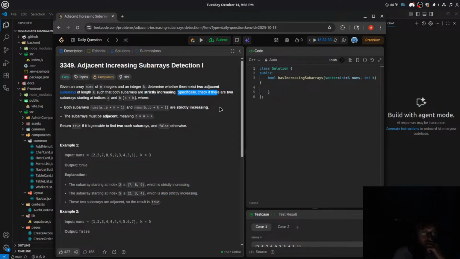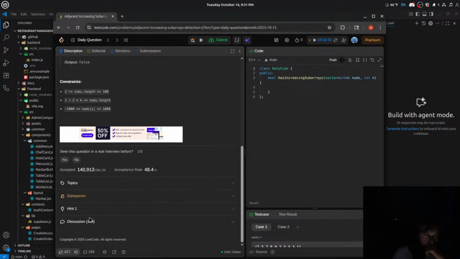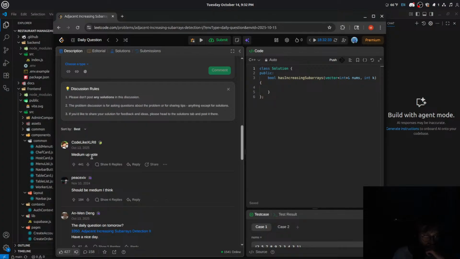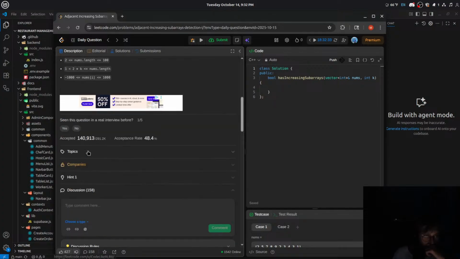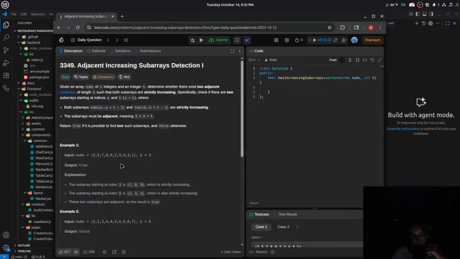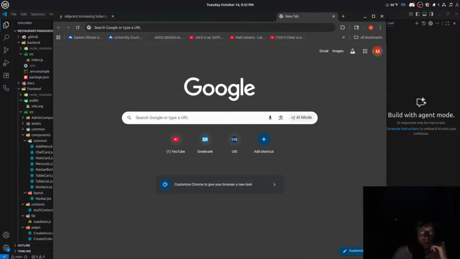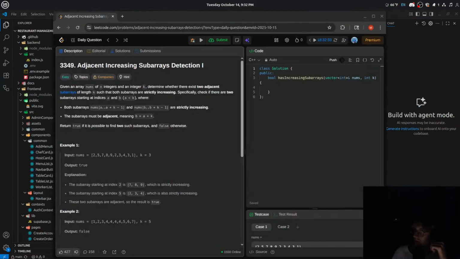So check if there are 2 subarrays starting at indices a and b, where a is less than b. I'm a little bit confused. Medium upvote, should be a medium, I think. I'm trying to think about exactly what this is asking me to do. If it is doing what I'm thinking about, I think it should be a sliding window problem. It shouldn't be too bad, but